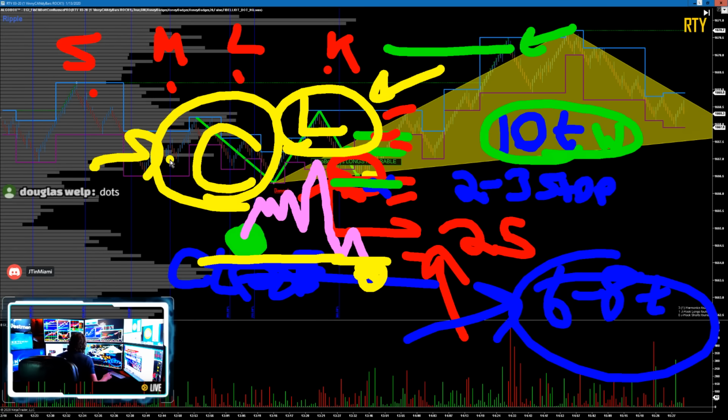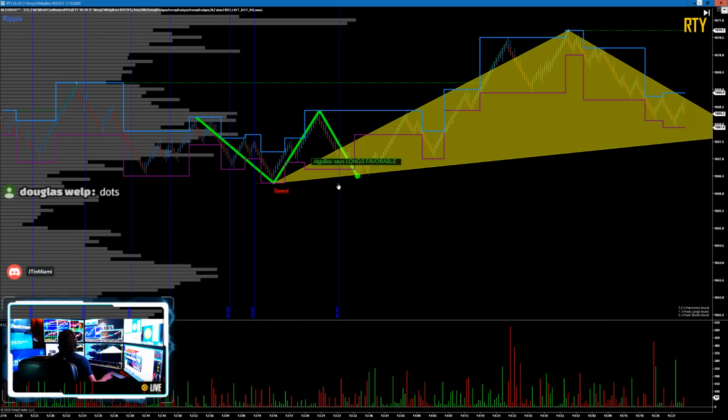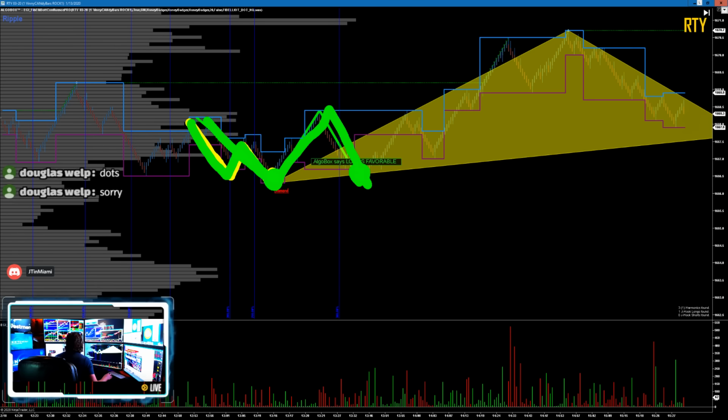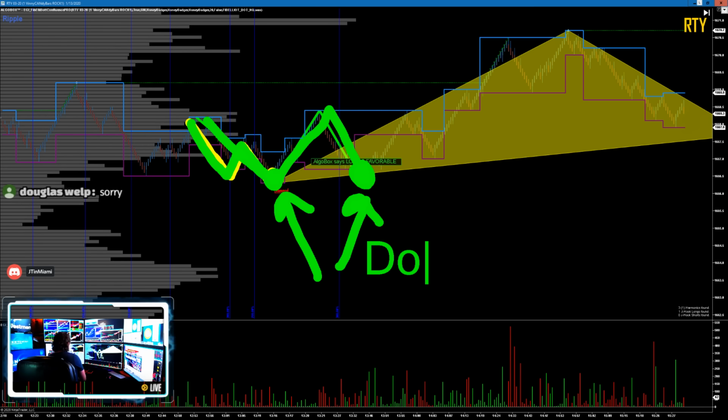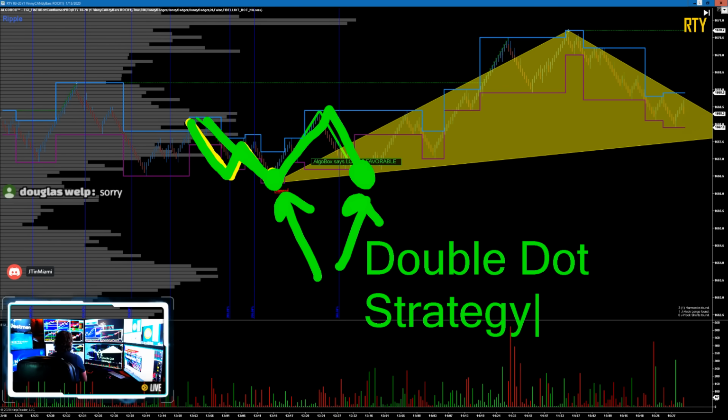Okay, he meant dots. Okay, yes, double dot. So what he's talking about is a double dot better? Absolutely. In fact, if I had a dot back here, which actually happens a lot, so we'll see one of these. Oops, did I do it in yellow? Simon will actually appreciate me doing that in yellow, the color thing. We oftentimes might see this, followed up by this. Sure, this is by definition 2 dots, right? What he's saying 2. But what we call that around here, we don't say 2 dots, just so you know, come get with the lingo. Double dot strategy, right? Double dot strategy.